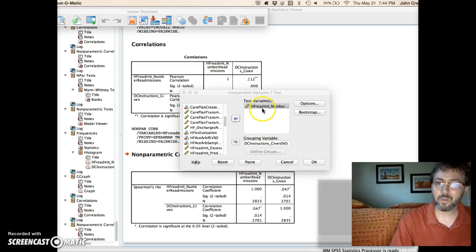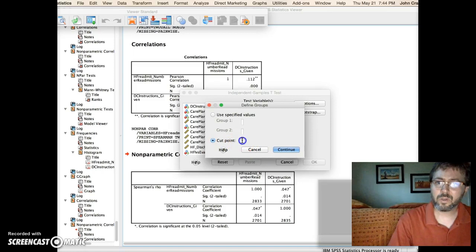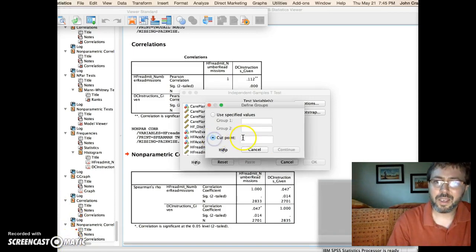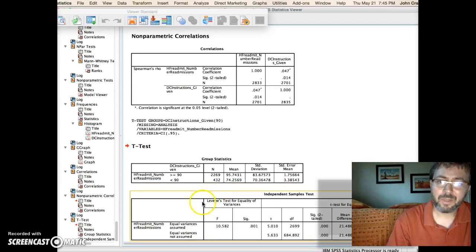We have the total number of heart failure readmissions, and we've stratified it by discharge instructions. I got to that stratification by selecting discharge instruction given and define groups with a cut point of 90. So looking at my data, I think there might be a difference between hospitals with a high proportion of discharge instructions and those without. I'll run this, and we're almost out of time. But you can see here in the statistic in your output